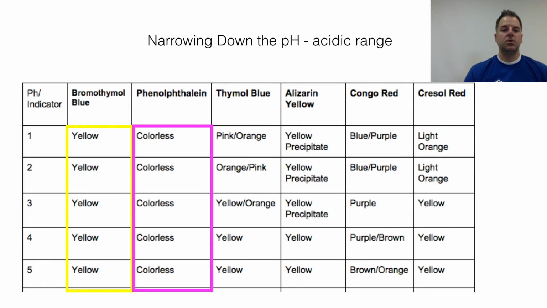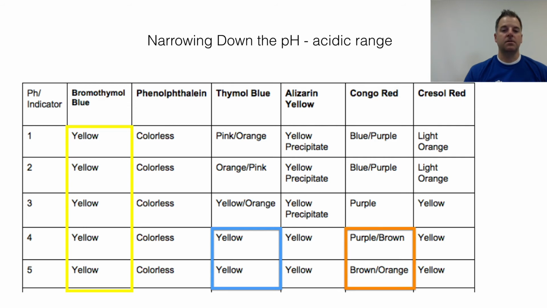So let's say that we took our water sample and we added thymol blue and it turned yellow. That would tell me the pH is between 4 and 5. So really narrowing down the pH range. Trying to narrow that down a little bit further, we would want to choose an indicator that in the 4 and 5 range has some different colors to it. And our only option would be